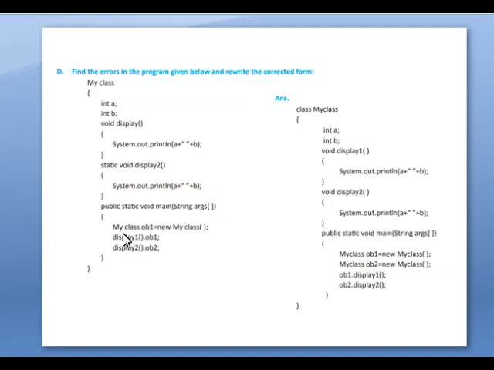Here MyClass ob1 equal to new MyClass of. So next one is, MyClass ob2 equal to new MyClass of. Okay, next one is, ob1 dot display of, ob2 dot display of, then close all the brackets. So these are the errors in the program.